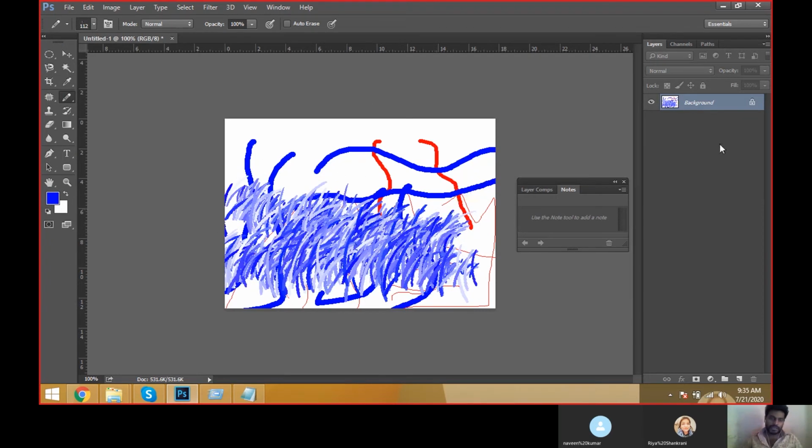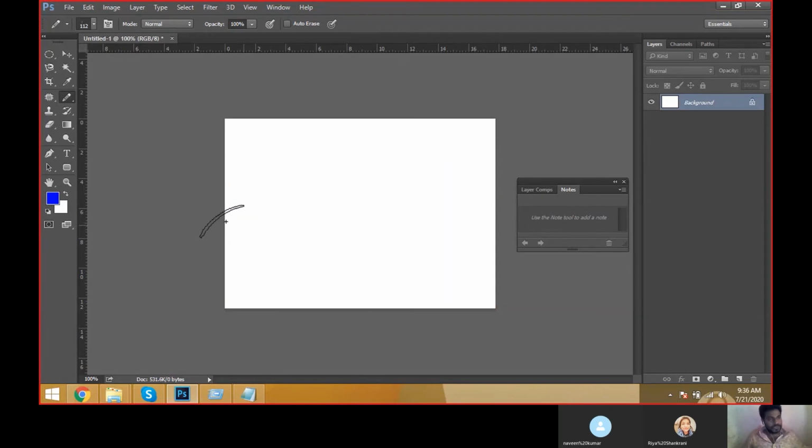Again I have to come back to a white background, which means I have to fill the background with white color again. Where is the white color? Is it the front color or the back color? Back color. Okay, what is the shortcut to fill the back color? Control Backspace. Yes, exactly, Control plus Backspace. When I fill with Control plus Backspace, it came clear. The background is very clear.